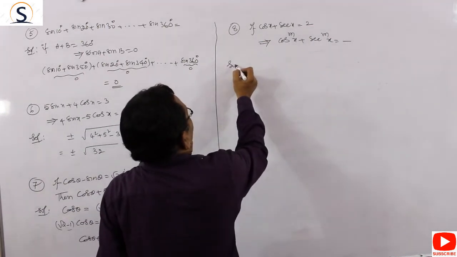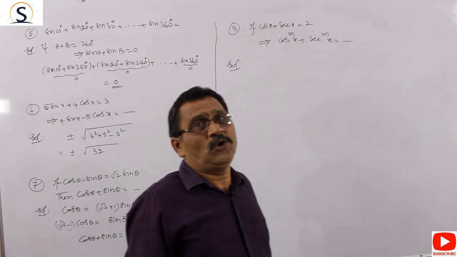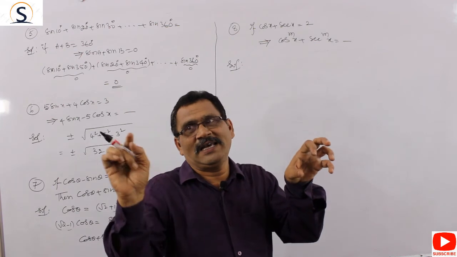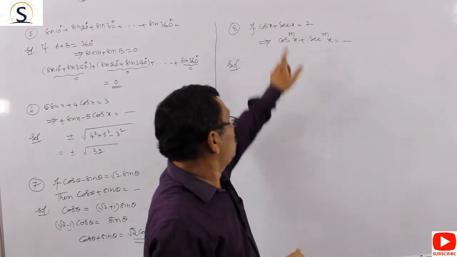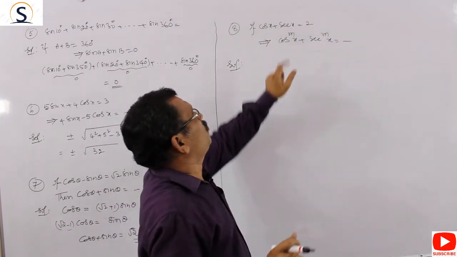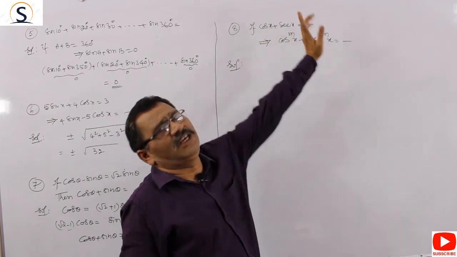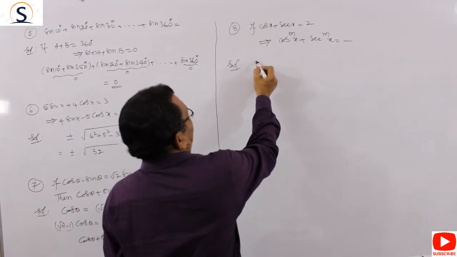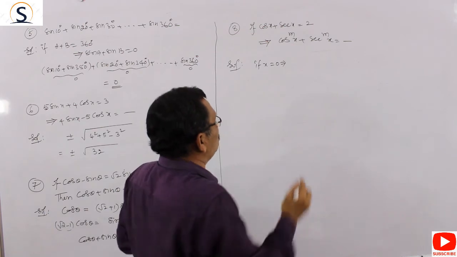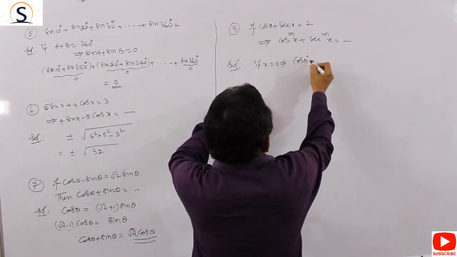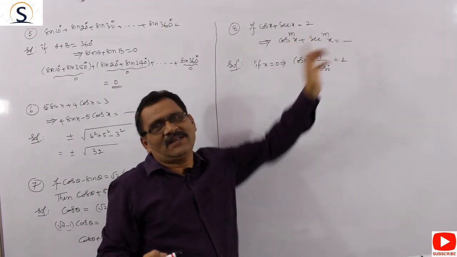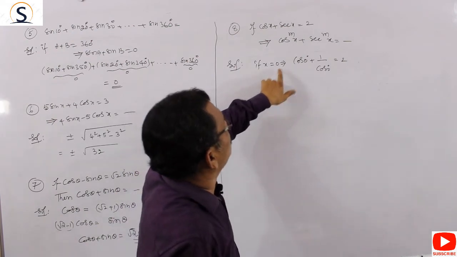Now, in this, cos x plus secant x is equal to 2. You know that secant x is equal to 1 by cos x. When cos x is a function, 1 by cos x is its reciprocal function. So, it is like x plus 1 by x is equal to 2 form, right? Otherwise, you substitute any value which satisfies the equation. If x is equal to 0, because cos 0 is 1, this is cos 0 plus 1 by cos 0. This is equal to 2. The given statement is satisfied.